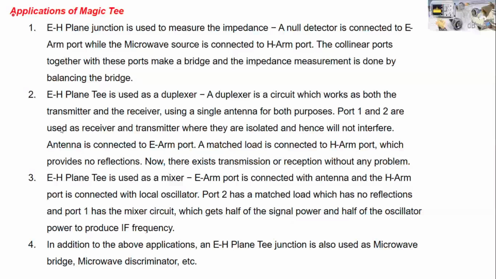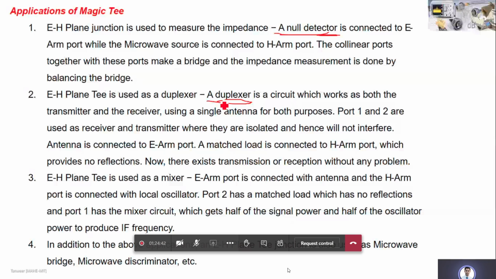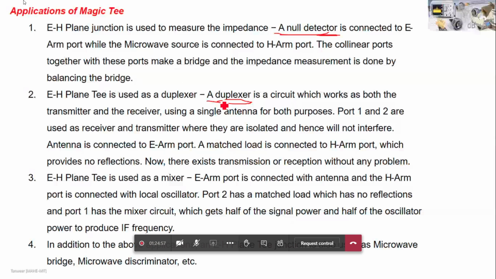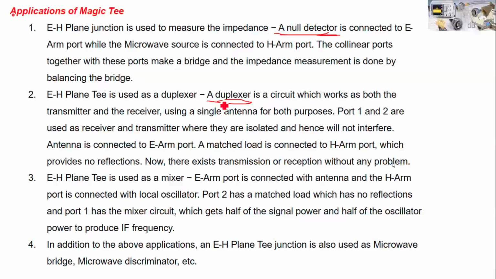A duplexer is nothing but a circuit where you have both a transmitter as well as a receiver. Basically, we define a duplexer in terms of an antenna. A duplexer means the transmitting and receiving portions are on the same device, so that type of device is called a duplexer. Anyhow, a given antenna can act as a transmitter as well as a receiver. There is no doubt in that.